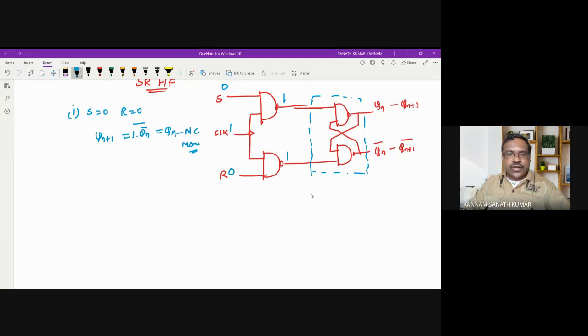Memory state. Okay. So the difference between latch and flip flop is that a latch doesn't have the clock and a flip flop is having the clock. That is the only difference. Okay. And next, the second case,